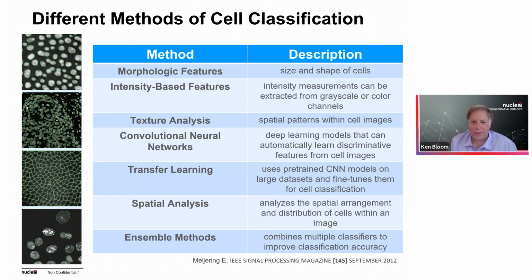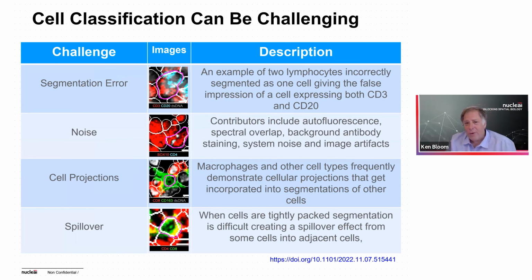Just simple things like the size and shape of cells. Other people looked at intensity measurements, how dark is something if you grayscale it, texture patterns. We're using things like convolutional neural networks and deep learning models to try to discriminate that. But there's a variety of methodologies to do that. And even when you use things like multiplexed immunofluorescence, there's some real problems associated